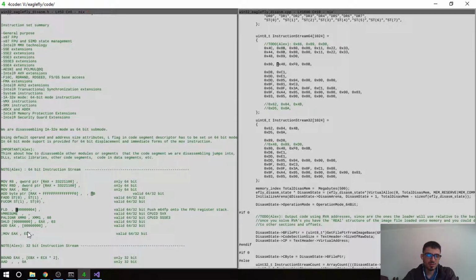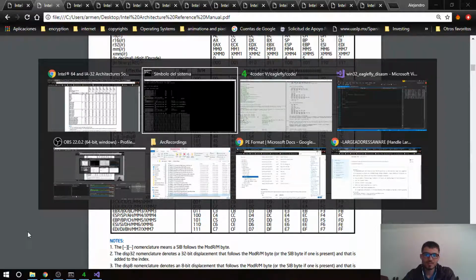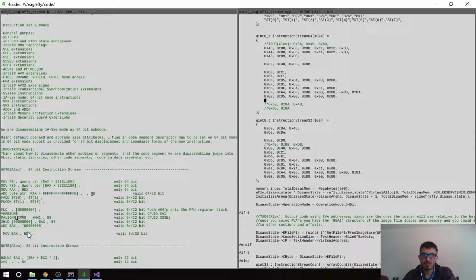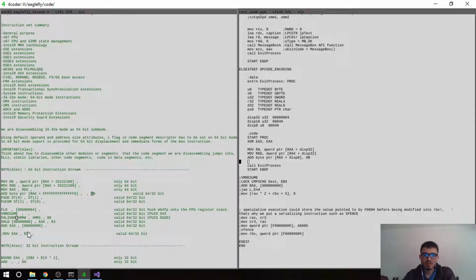So this is a 64 operand. So okay, what about the disassembler? Test that soon. I don't care about that. I'm going to do the FLD, or